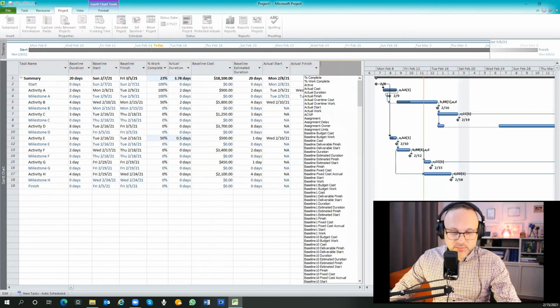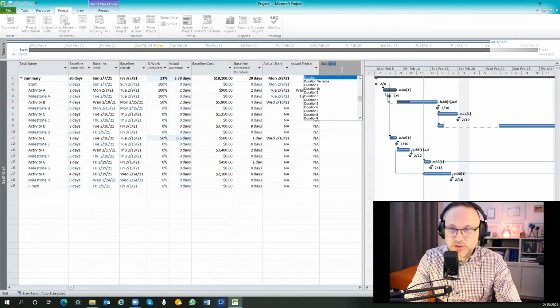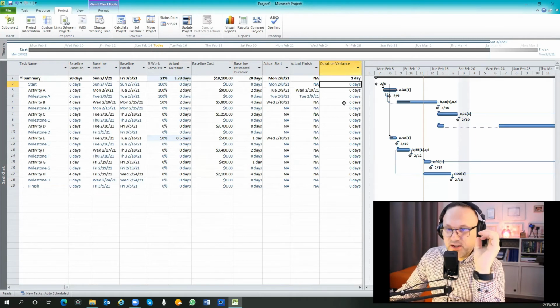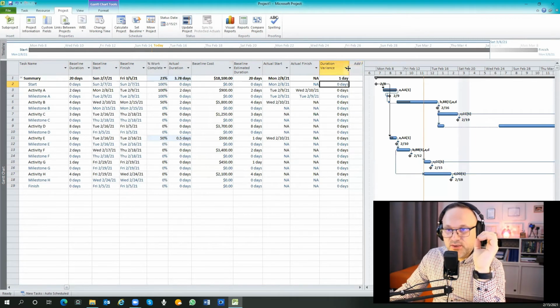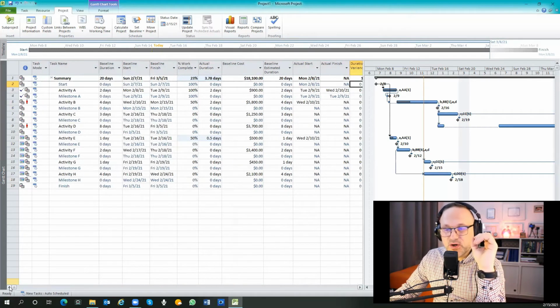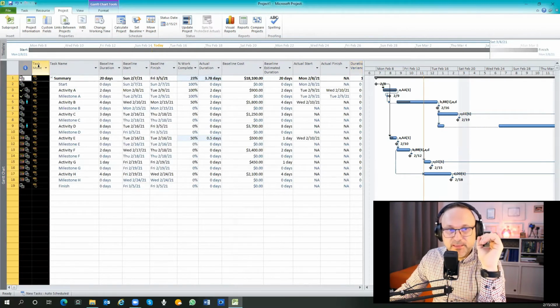Here you can put the duration variance, which shows you how you are deviating from your baseline duration. Okay, this is just like a check for you to see whether you are on schedule, behind schedule, or whatever. Let me hide this